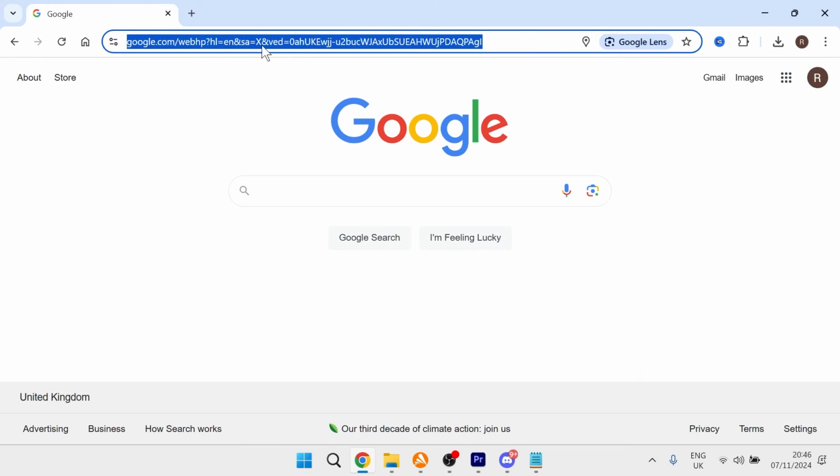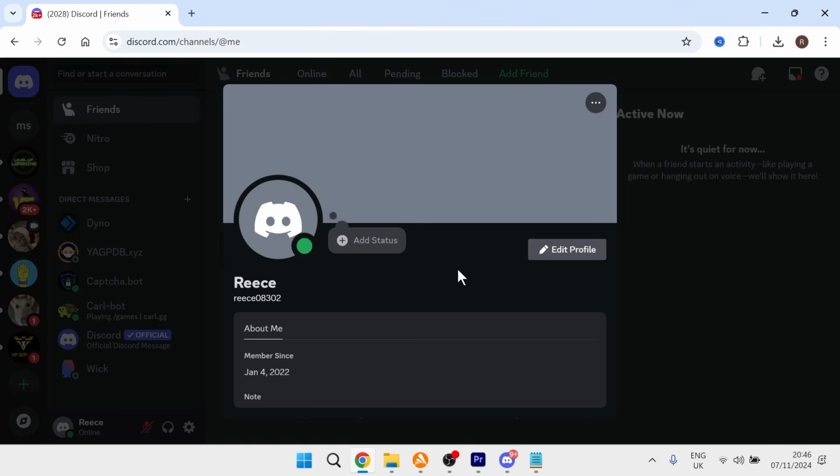So if I head over to an internet browser and I paste that in, you can see that will take me directly over to my Discord profile page. And it's as simple as that, guys. That's how you share your